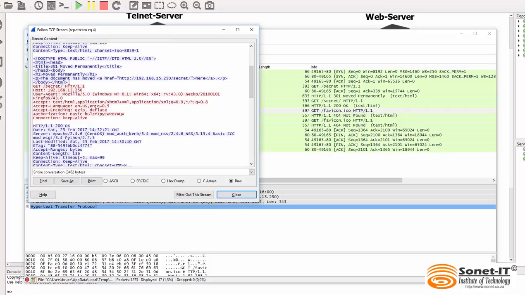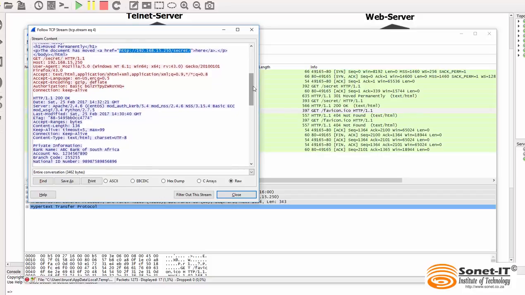If you look closely, you can see exactly where the user was trying to go to. As you can see, the user was trying to reach HTTP, the IP address of 192.168.15.250/secret,